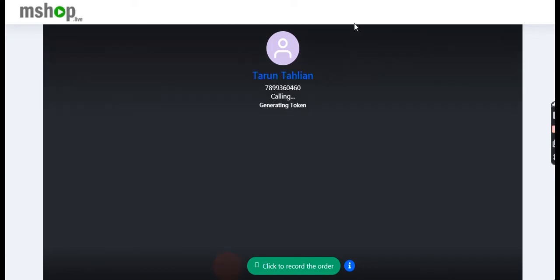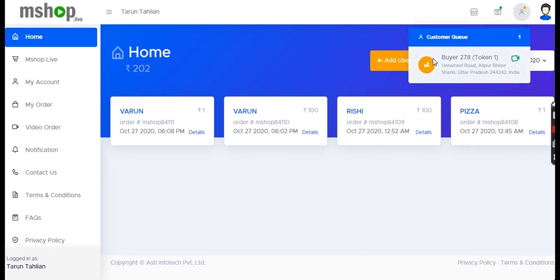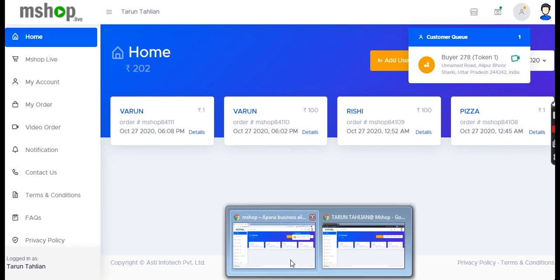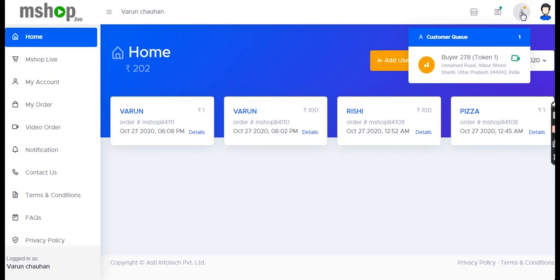So I'm giving a call to this supplier on their mShop digital link. So you can see, this supplier can also see the call coming on his account, as well as the agent can also see the call coming.